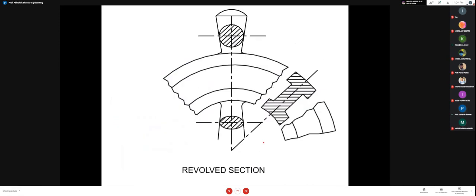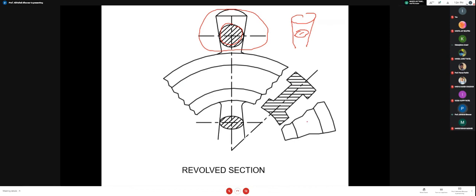No problem. Just see this figure. In this figure, you can get an idea. So what is the cross section of this portion? Now, the upper portion, what is its cross section? If I watch from here, it looks trapezoidal, but actually it has such a shape. So what I have done, I have cut it from here and revolved it. So see, it has a circular section.